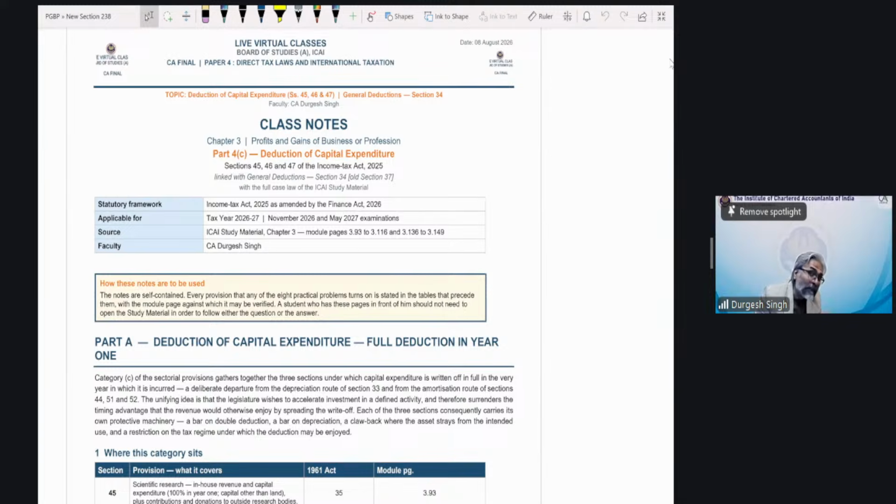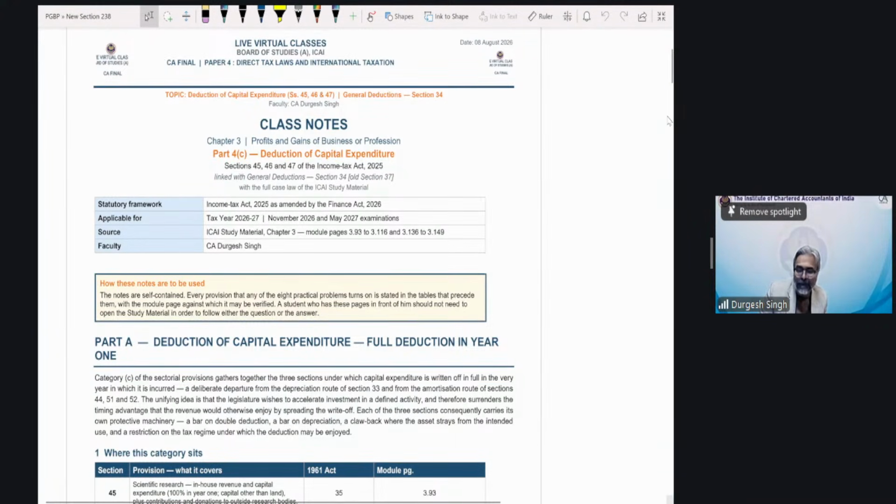So if any specific provision or specific ICDS tells me that I shall be allowed the deduction of a capital expenditure, will I have to then take the deduction? And the answer is yes. So which are the sections under the head PGBP which grants me the deduction of capex? These are the sections now, students, that we are going to discuss. So here, students, the sections are 45 and 46.